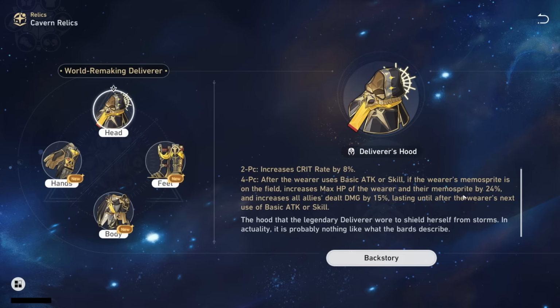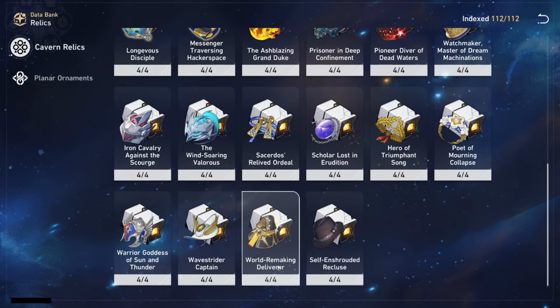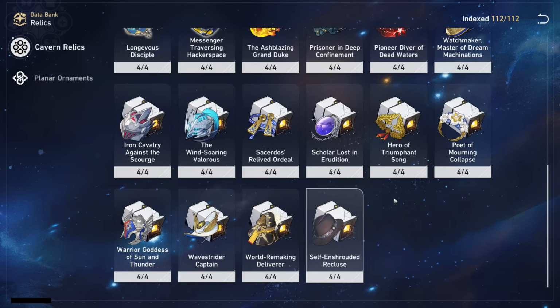So effectively, if you're running her as a main DPS and focusing on her damage, she's getting 24% max HP and 15% damage dealt, and as a sub DPS, the entire team is getting 15% damage dealt. Regardless of her role, this is going to be the set that outperforms any other. If you are unfortunately struggling to have a 4-piece or you're still farming for one, if you need a 2-piece